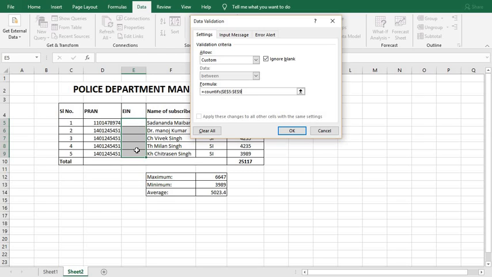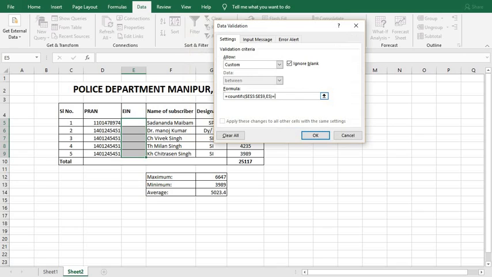And then comma and click the first cell. You can click like this, E5, or you can also type it manually like this, E5. Alright, then close the bracket, then equal to 1, and then before clicking OK, we are going to set some